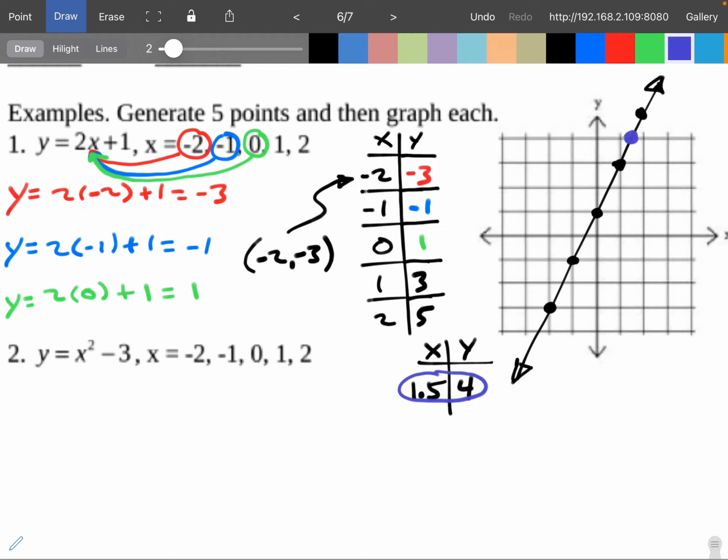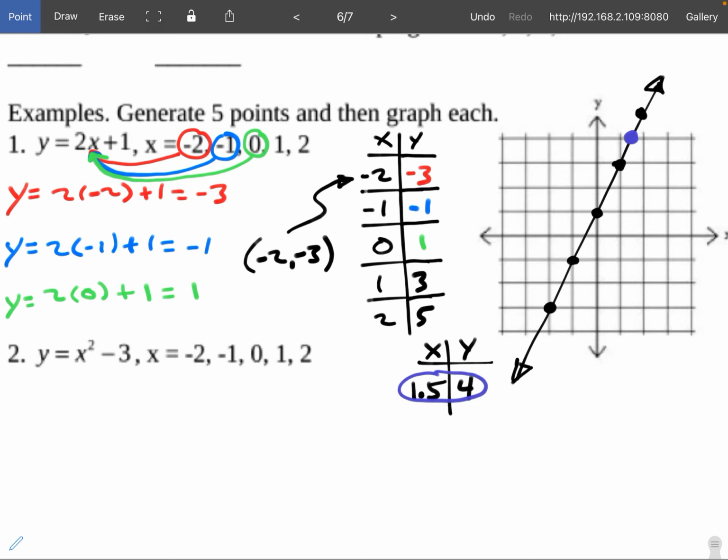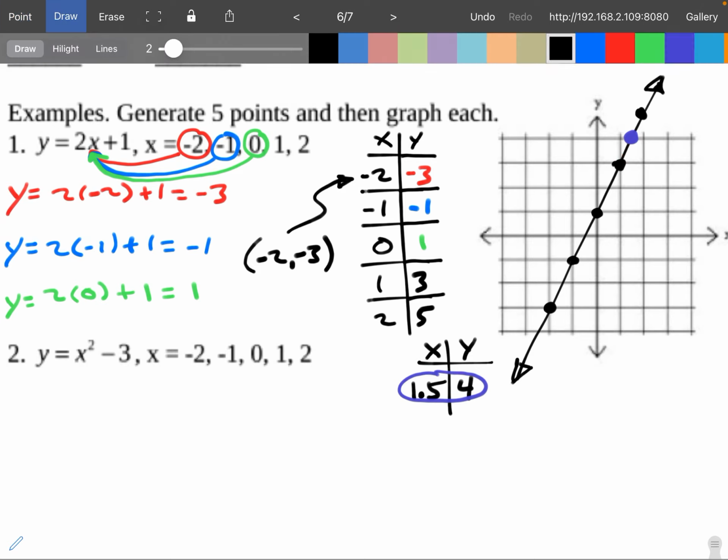So that would put me right there. So do you see that would fill in the whole line then? I could do the same idea. I mean, I could do this for the rest of my life, right? I could make this list of x values as long as I want. So I could take a whole bunch of fractions and put them in for x. And then that's going to fill in all the gaps between the points, you know what I mean? So if I put all the fractions between,